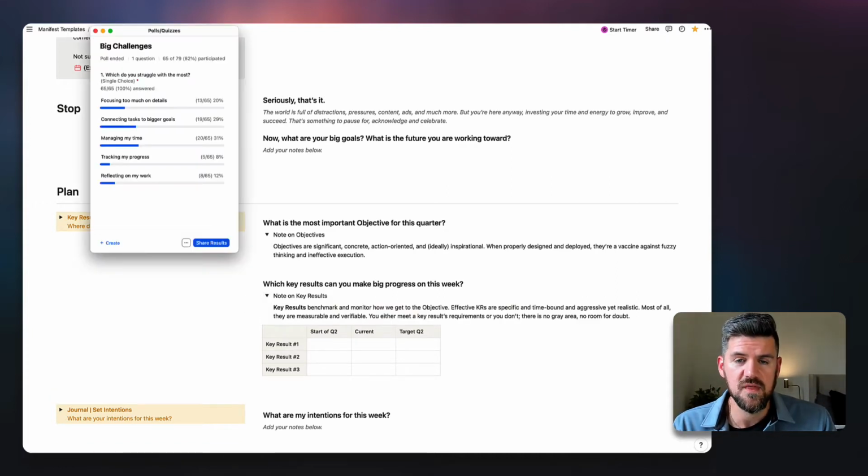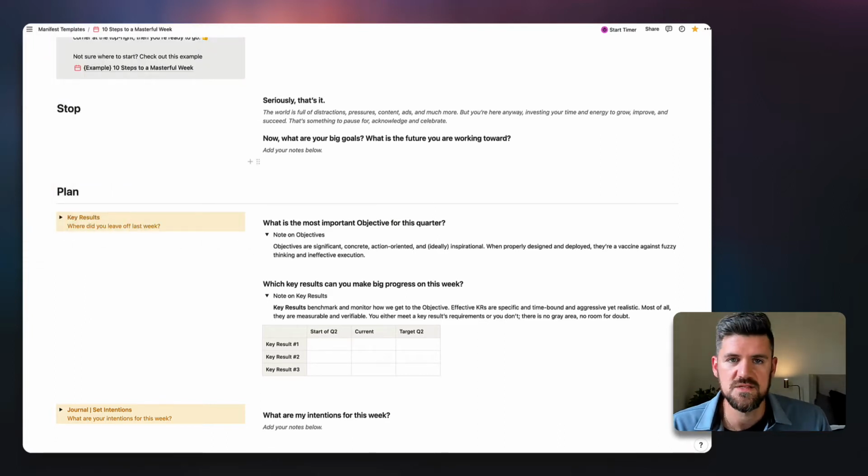If you're not familiar with them, or if you're new to them, they're mostly used within startups and larger companies as a way to track progress and focus energy and attention on a small number of goals, but really can have a big impact for creators, solopreneurs, and freelancers. So a lot of the same things apply, a little bit different, but fundamentally could be pretty helpful.